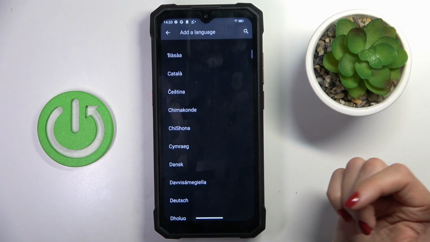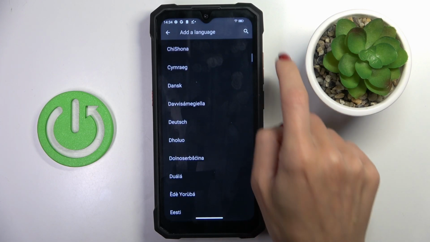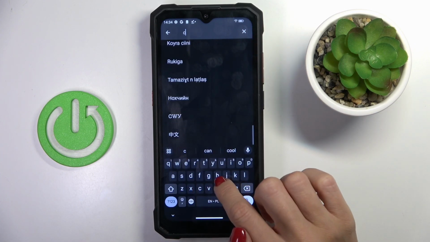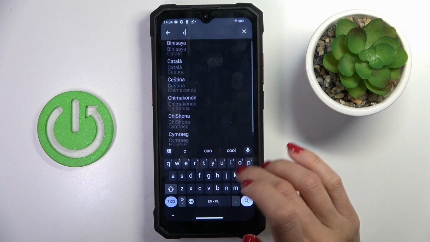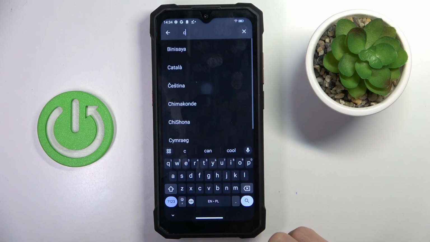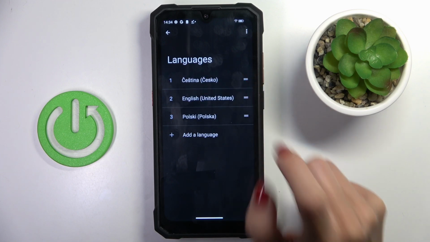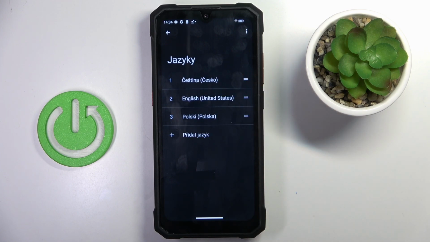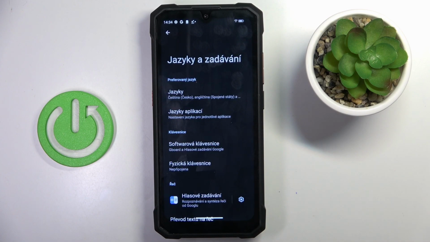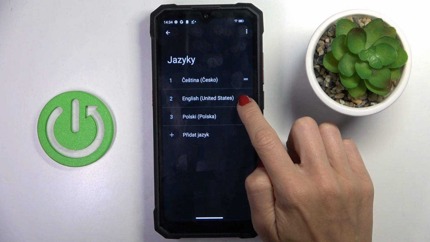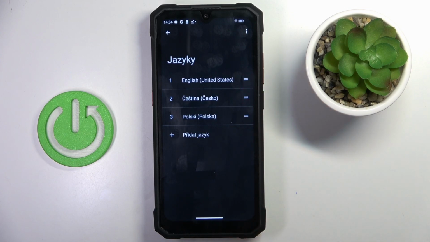You can either scroll all the way down till you find the preferred language, or you can mark Search button and smoothly enter it here. Now slide this language up to the first place, just like that, and now a brand new language is added and it's your system language. So this is it. Whenever you want to change it, just slide up another language or perform the same action